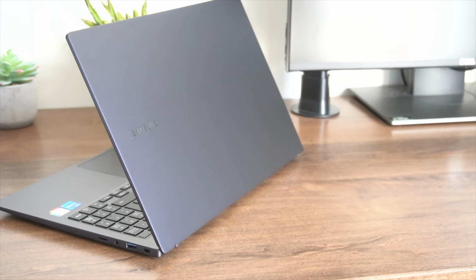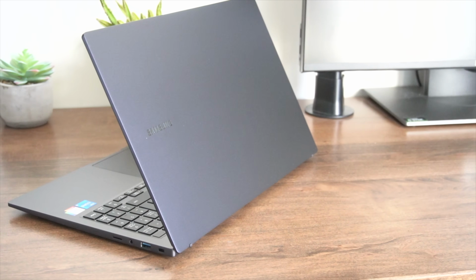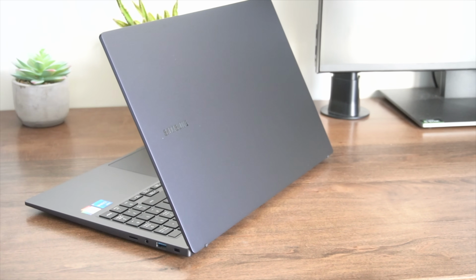It seems today everyone is talking about the new Galaxy Book 2 Pro, but no one ever asks its younger brother, the Galaxy Book 2, how it's doing. It has feelings too, which is exactly why today we are doing a detailed review of the latest Galaxy Book